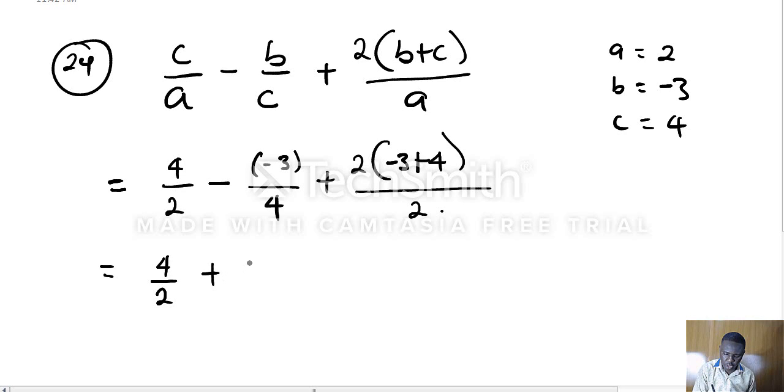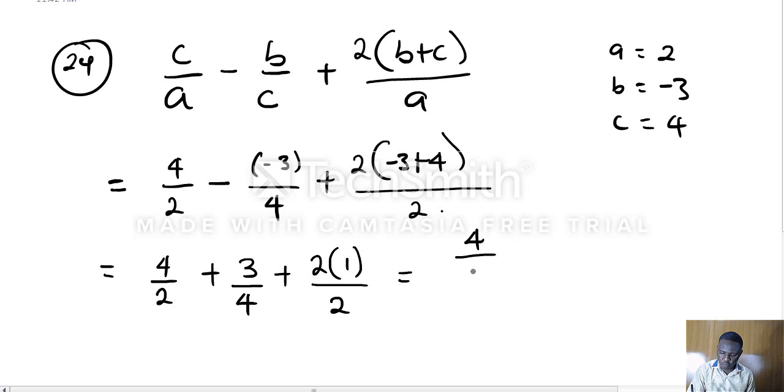This becomes plus 3 over 4 plus, simplify what's in the bracket, this becomes 2 times minus 3 plus 4, which is said to be 1, and 1 times 2 is 2, which is equal to 4 over 2 plus 3 over 4 plus 2 over 2,